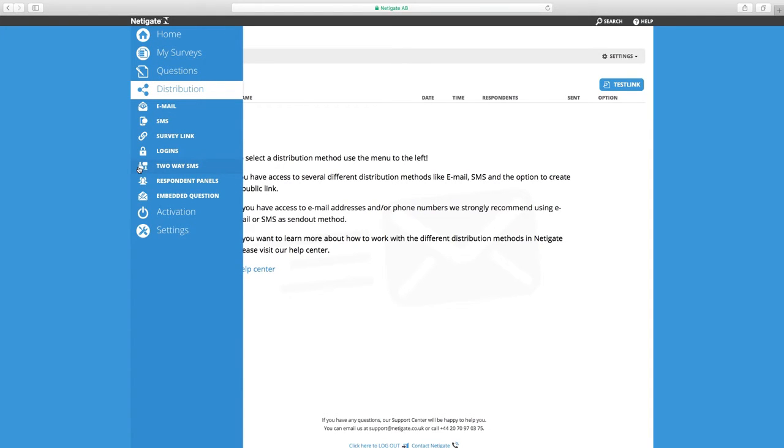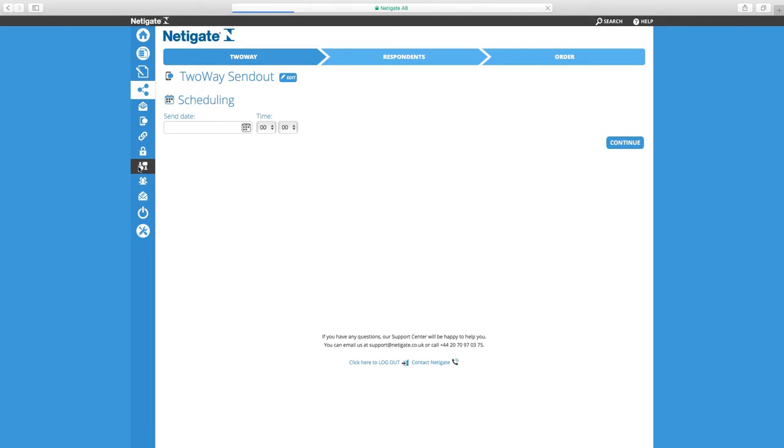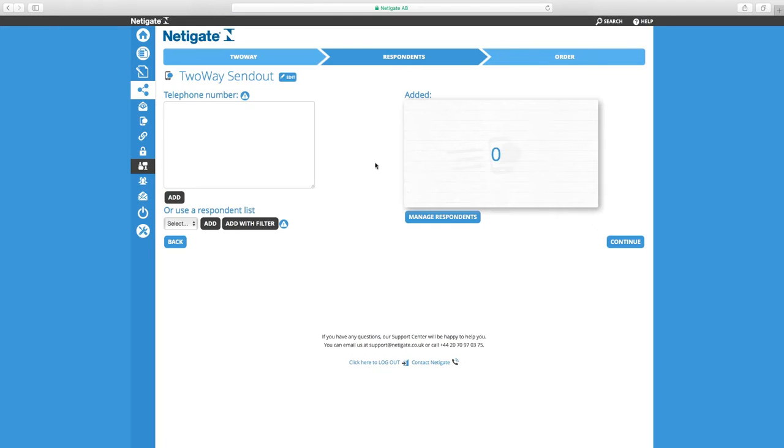To create an SMS sendout like this, use the left-hand menu and pick two-way SMS. Schedule the sendout, so picking a date and time, and clicking continue. We now get to add the respondents, either typing them into this box one by one, copy-pasting,